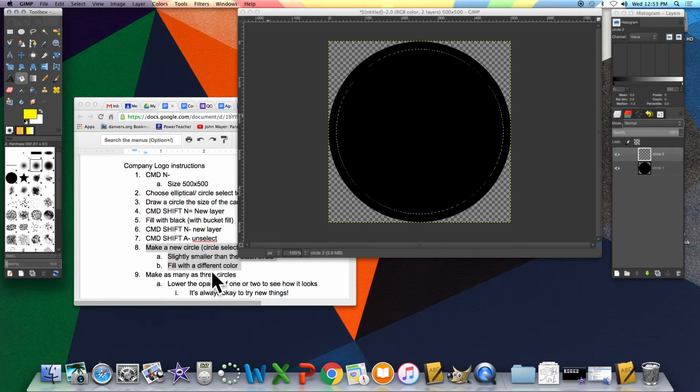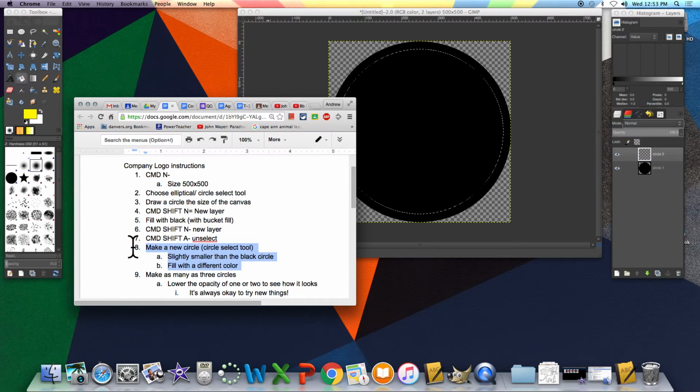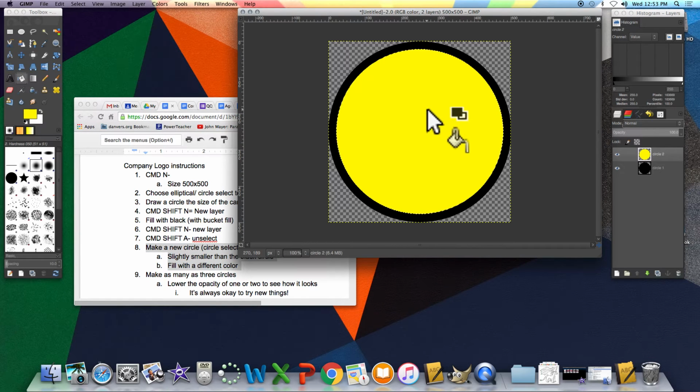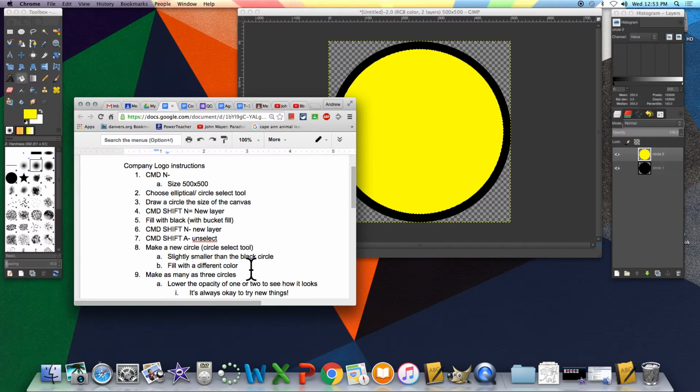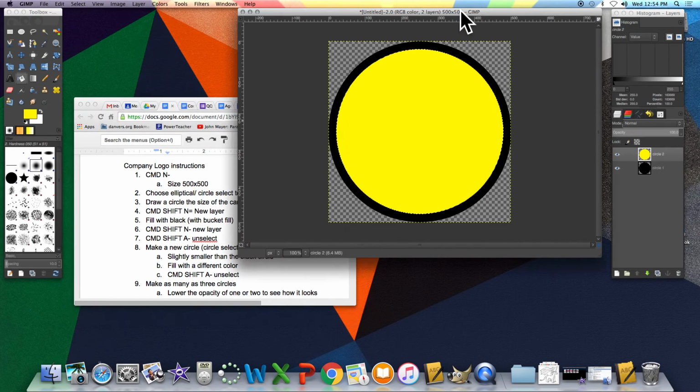We're going to use the bucket fill tool again because we're looking at 8B. We're going to fill this circle with a new color. Boop. Okay, look at that. Holy guacamole. We have our black circle, inside we have our yellow circle, and now it is time to hit Command Shift A to unselect this new circle. Command Shift A. So now we have 2 layers,